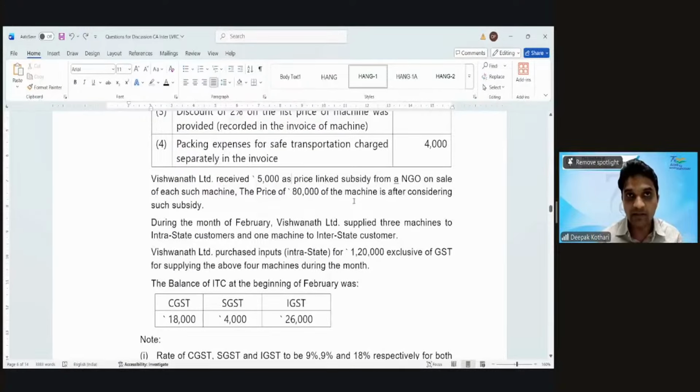So when you supply something, if you're getting any consideration from anybody, I supply something to you and you say you will pay me 100 rupees and your brother will pay me 20 rupees. So what is my consideration? 100 from you and 20 rupees from your brother. Total consideration is 120 rupees. Correct? Now you have paid 100, so my consideration is not 100. I will not pay GST on 100. I will pay GST on 120. And if anybody else has paid the consideration on your behalf, that also is my consideration itself. That is my value of supply.